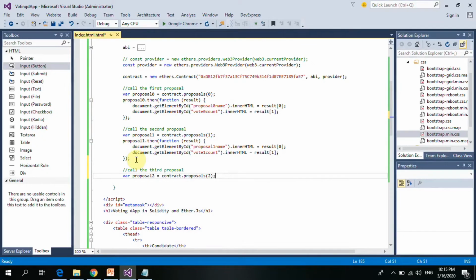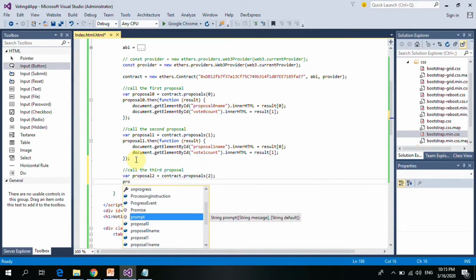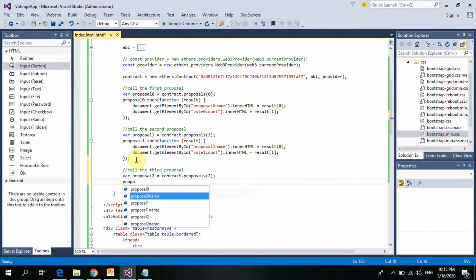So we'll call the third one in the array, and then we say proposal 2 and so function result,